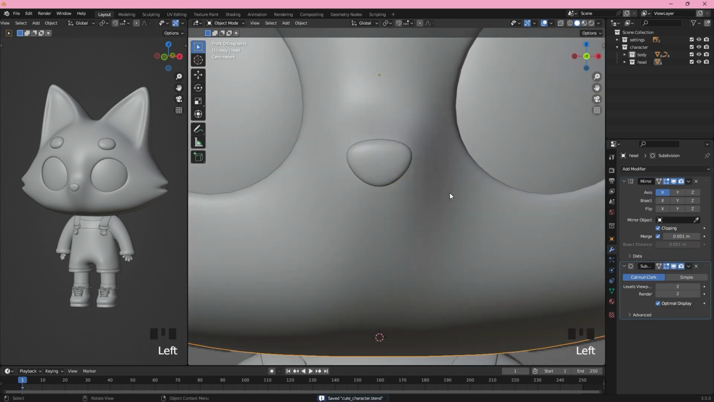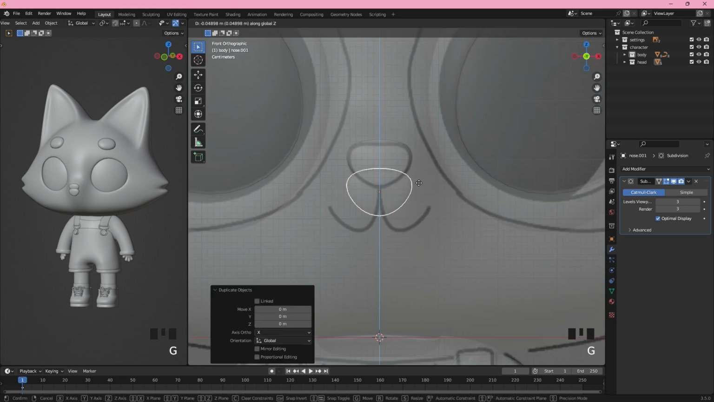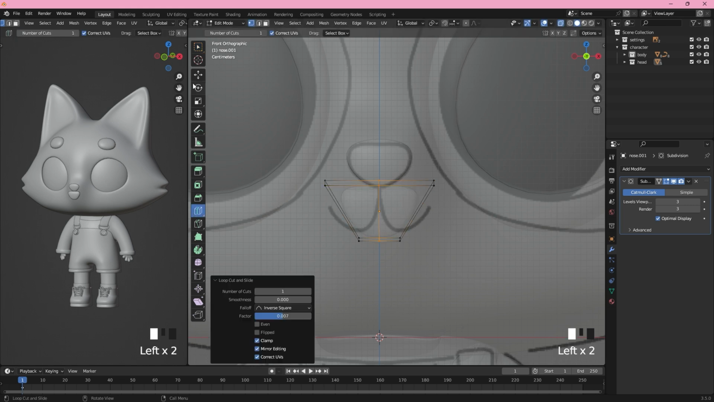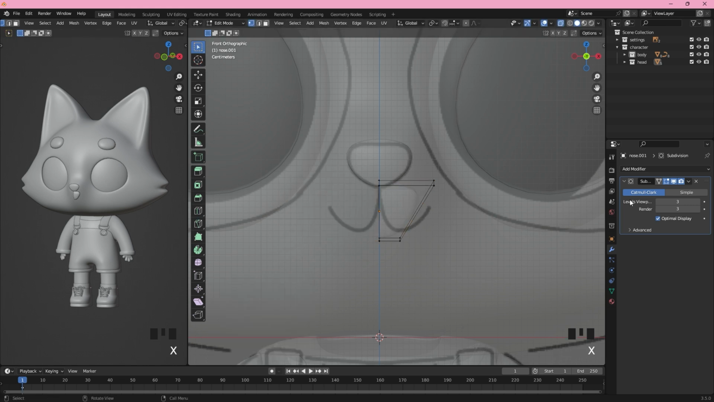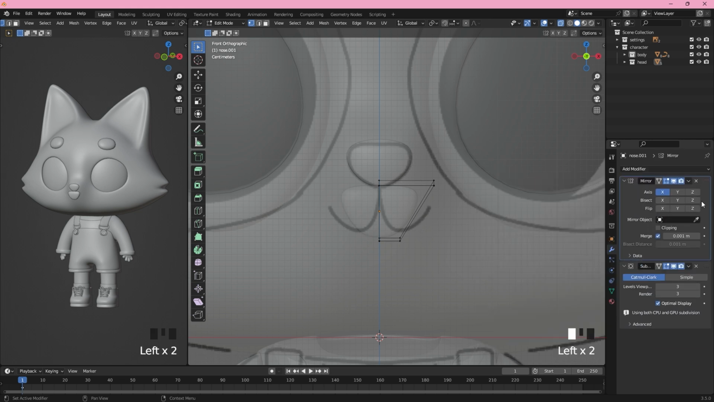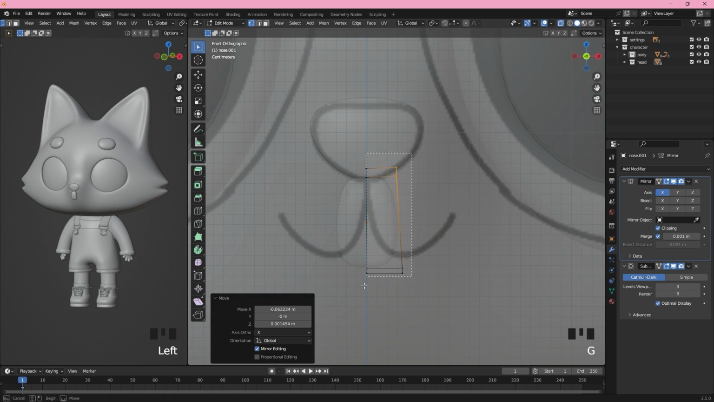One thing I did forget earlier is the little mouth underneath the nose, so let's just duplicate the nose, and in edit mode we're gonna add a loop in the middle, and now you know what to do. We add a mirror modifier, then delete the left side. Don't forget to put the mirror modifier on top of the subdivision one,